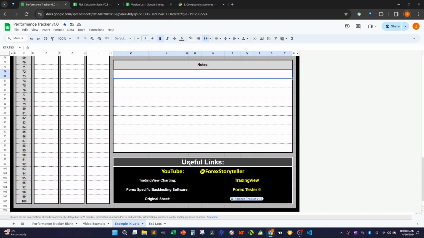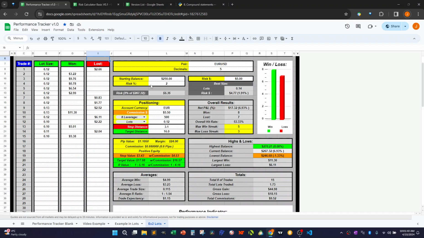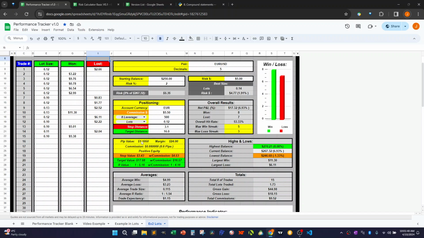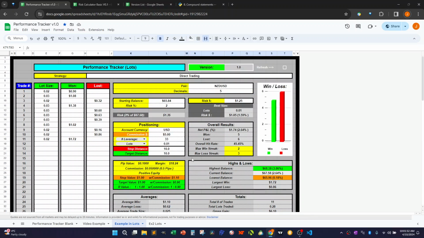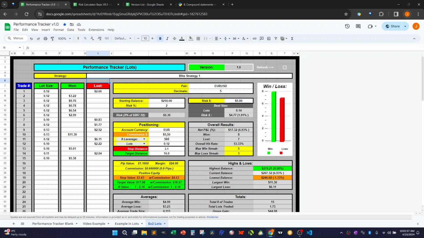Excuse me. And then we'll go and take a peek at a second example. This is where I was using a little bit larger trading size. That's the Euro account. And notice how we're going to get some different numbers in our outputs. So for this example here, we're using a 3.1 and 16 with a 0.12. So if I type that in,